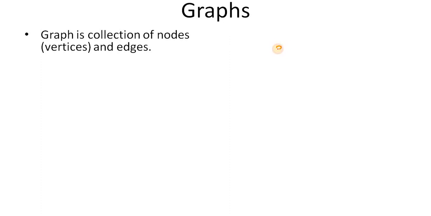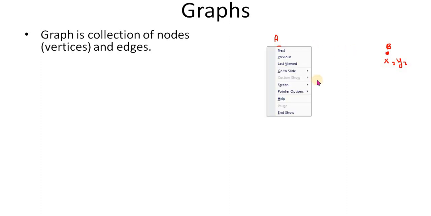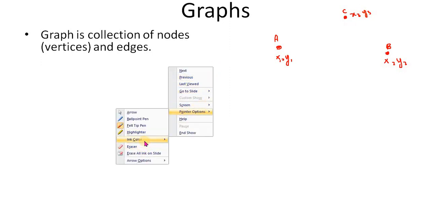So it means a node. A node means any point with some coordinates, x, y coordinates, and let's say this is x1, y1, and then there are some other points, x2, y2 coordinates. This is my point A, I call it a node now, and this is B. And if I join them with some kind of line, okay, let's make one more, sorry. And this is point C. This is x3, y3. So now if I join them with lines, what will happen is that